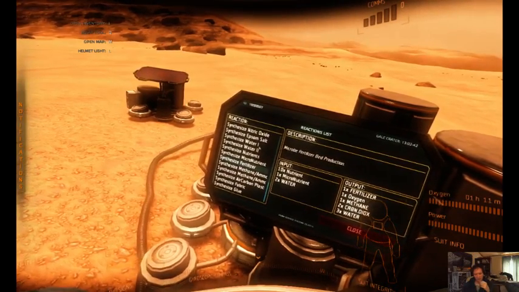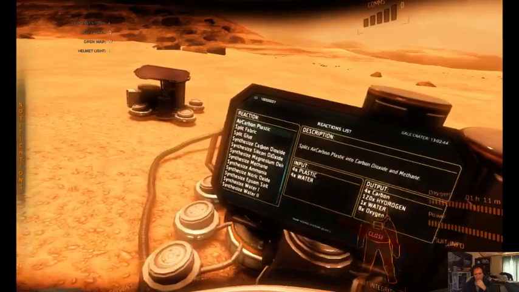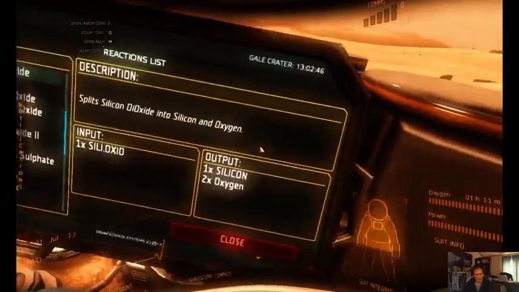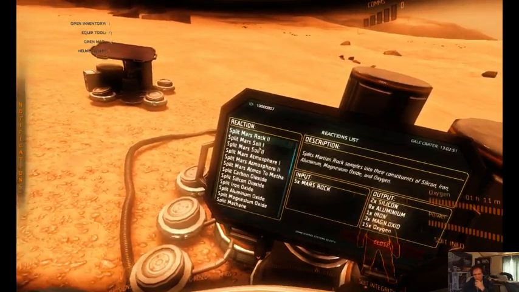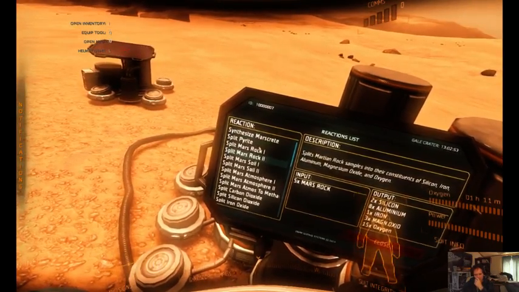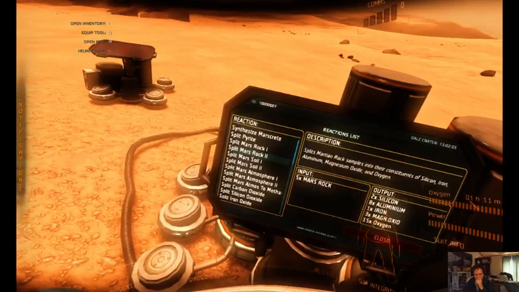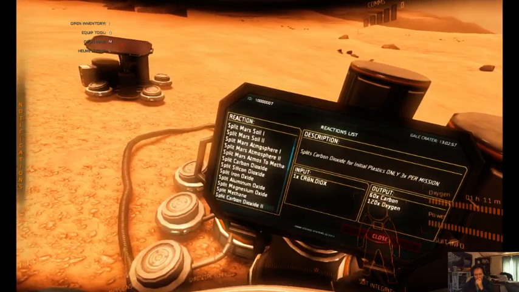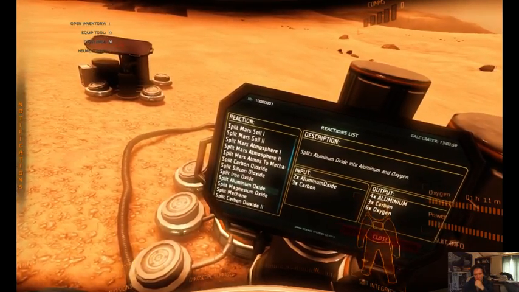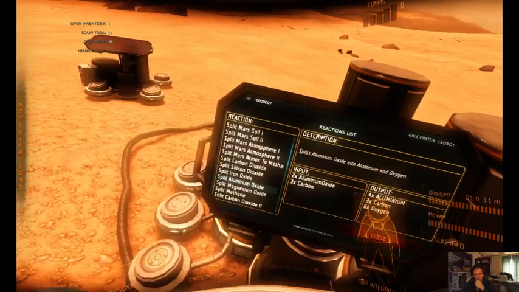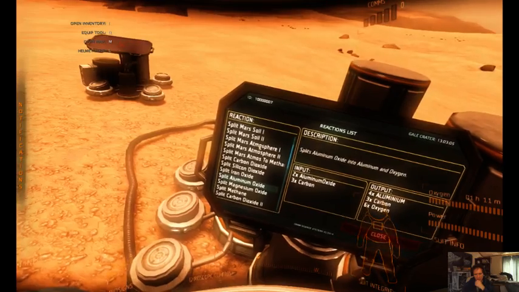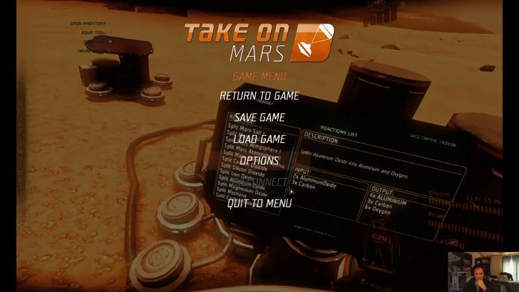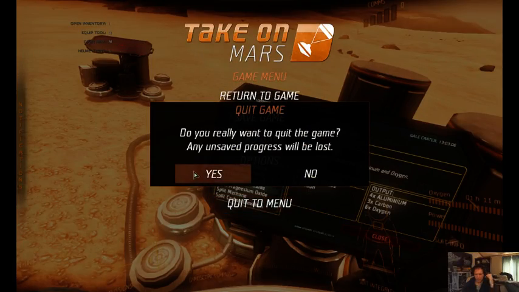I can't do the timing. And I still have a problem with... There he goes, freaking attaching himself to the machine again. I still have a problem with split Mars Rock 2 and split aluminum oxide. It's got to be in the description. Aluminum oxide. It's got to be in that damn description.